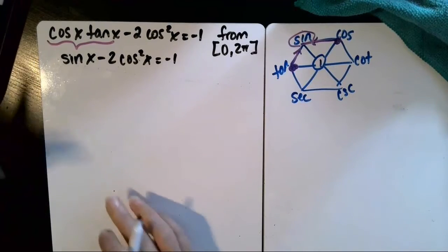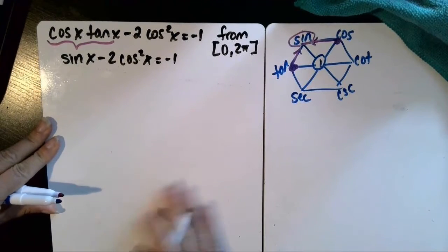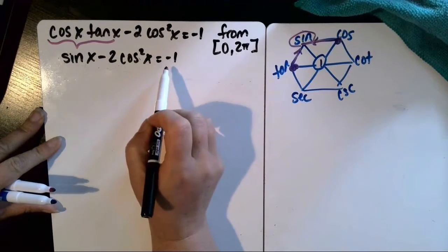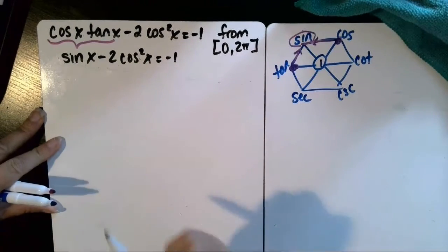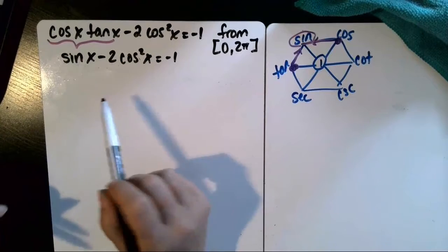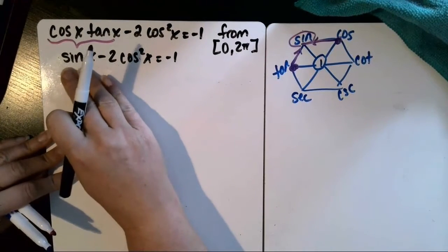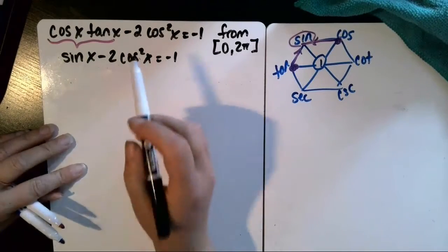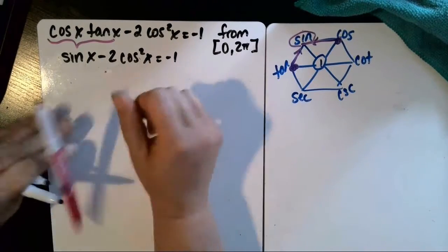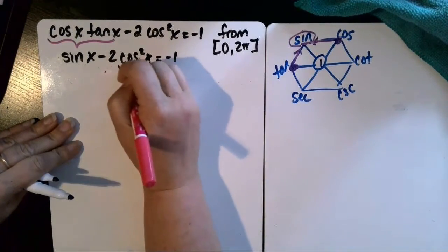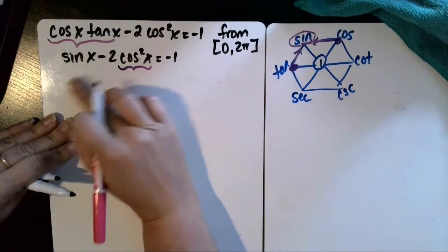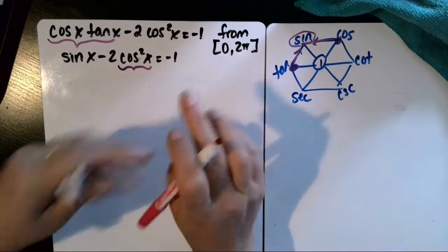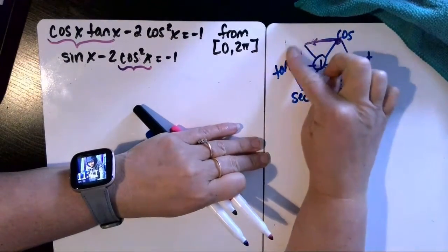Okay, then since our goal is to try to write this trig equation in terms of all one trig function instead of sines and cosines, we want to try to get all cosines or all sines, and there's no way to change just plain sine of x into cosine of x. There's no identity that will do that. But when we see a squared trig function, so here we've got a cosine squared x, that should ring a bell to remember the Pythagorean identities. So when we come back to our trig hexagon